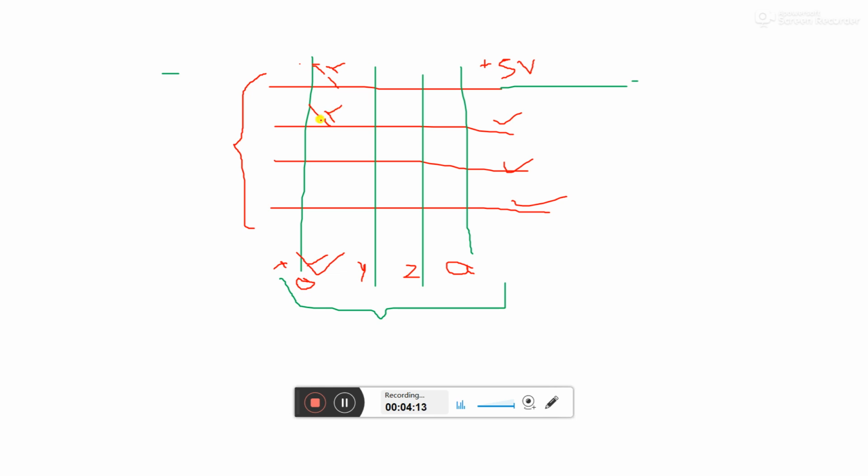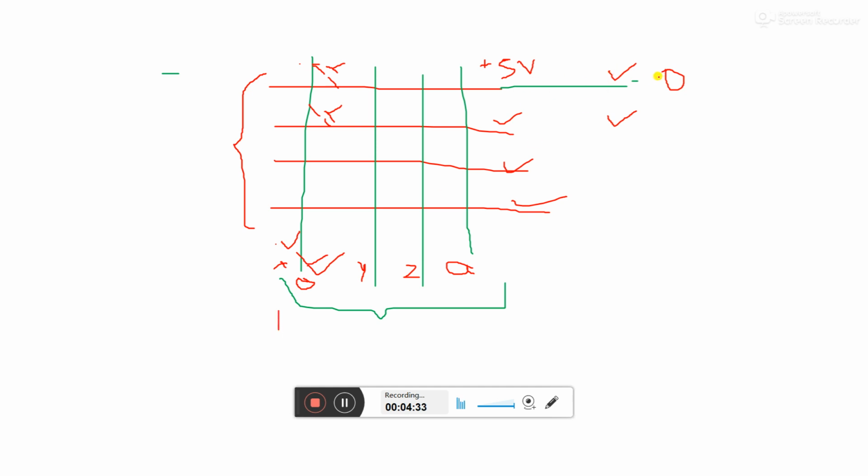If I put a switch on this point, then this will be lower and this will be high. So I may get 0 here and 1 here.